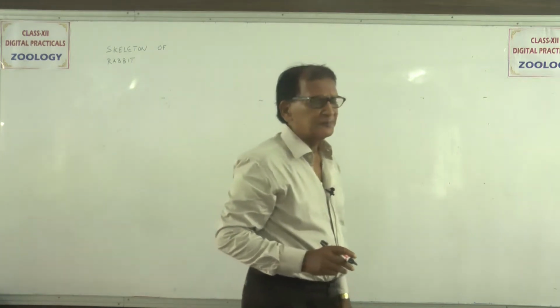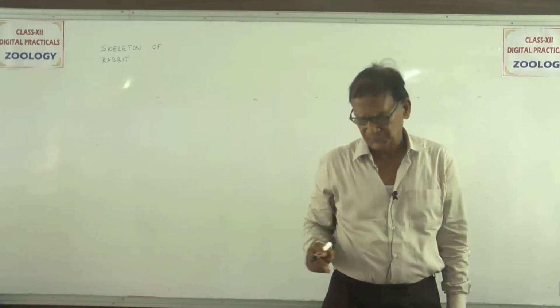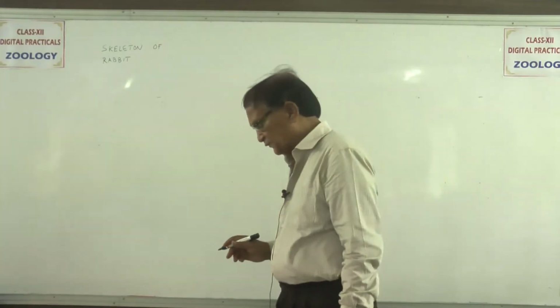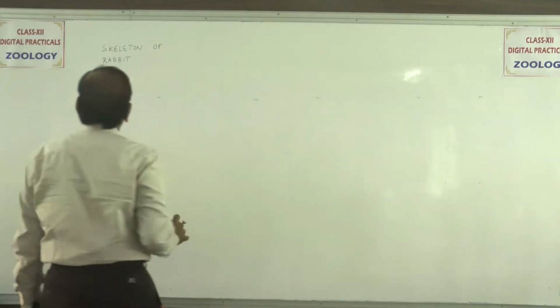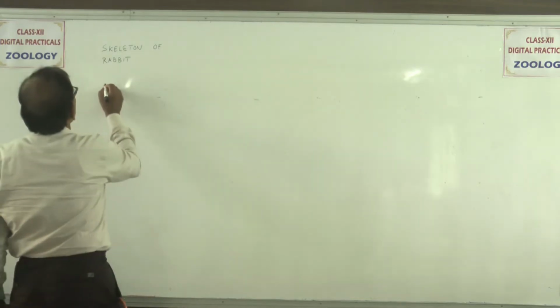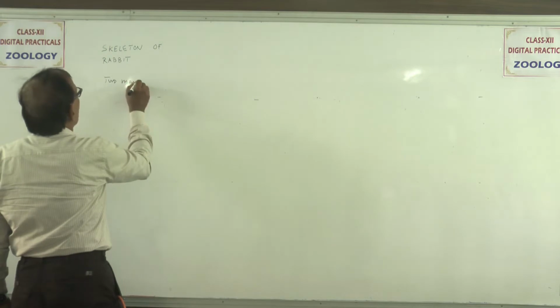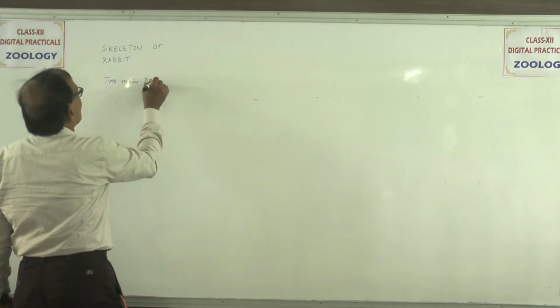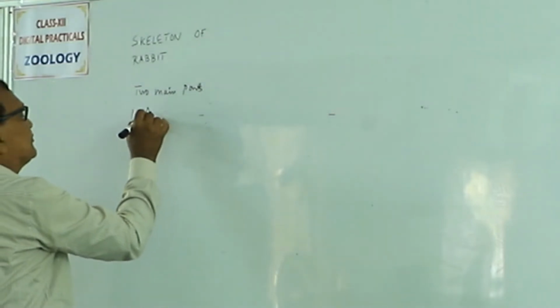So next we take up the study of the skeleton of rabbit. Now the skeleton of any vertebrate, for example, including rabbit, is divisible into two main parts. One is an axial part